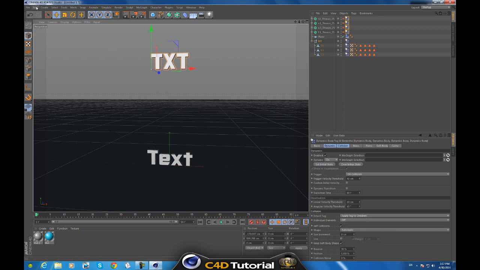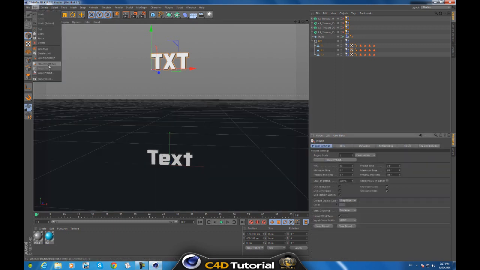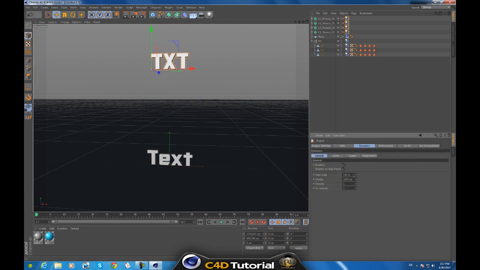Okay, so go to Edit, Project Settings. So again, Edit, Project Settings, then Dynamics, then Time Scale. So hold control and right click on the little circle beside Time Scale, and it's going to turn red, and make sure you're in frame 0, and then go to frame